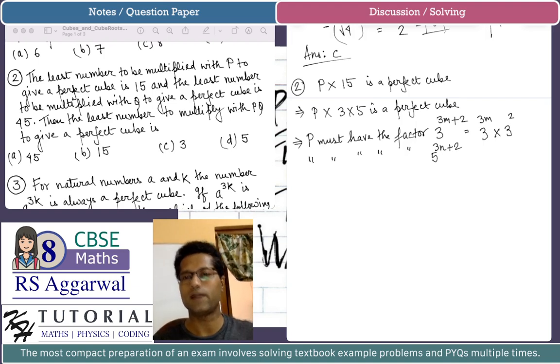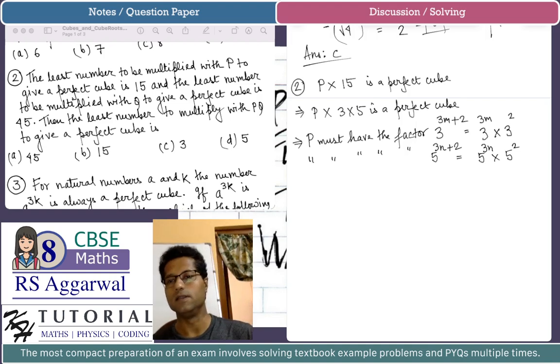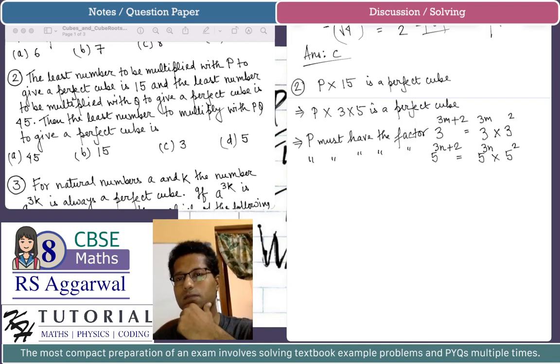This means all the factors of 5 in p, even expressed as power, are of the form 5 to the power 3n plus 2, where n is some other natural number, and this is 5 to the power 3n multiplied by 5 square, and this 5 square is not part of any triplet of 5s. That is why we need another 5 to make it a perfect cube, and hence since 15 is the number that needs to be multiplied with p to make it a perfect cube,